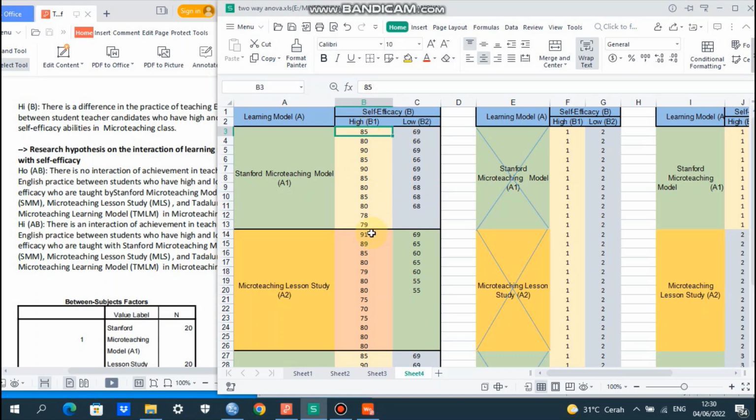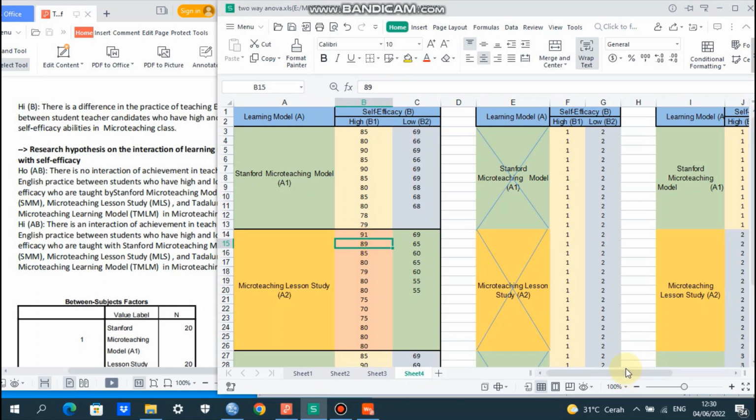So we have 11 students having high self-efficacy in the Stanford micro teaching model, and 9 students having low self-efficacy in the Stanford micro teaching model.